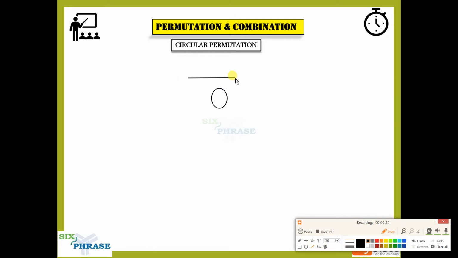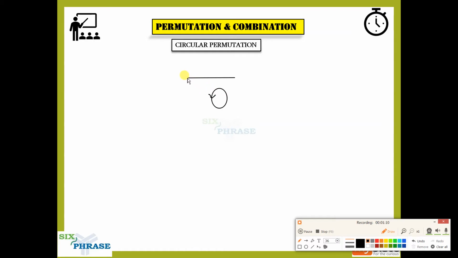This is linear permutation. But in circular permutation, guys, your permutation will follow either the clockwise direction or the anti-clockwise direction. Whichever direction you want, you can choose it. Here we'll choose the anti-clockwise direction, so maybe this is its path. This is the path in circular permutation, and this is the path in linear permutation. Now you have to be careful while doing circular permutation. It is either this way or this way.